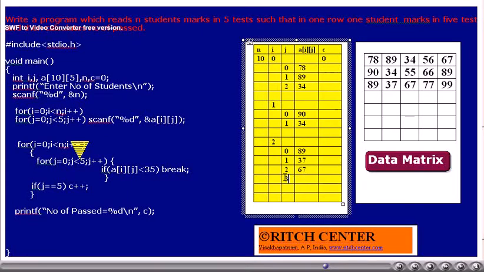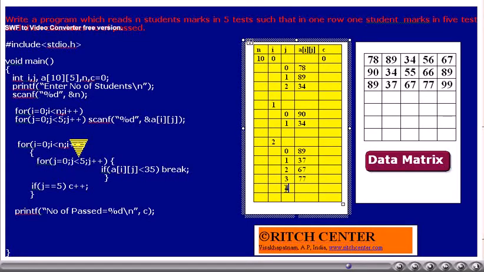Is j less than 5? Yes. Is A[i][j], that is 77, less than 35? No. Thus we will not come out from the inner for loop. j value will be incremented by 1.